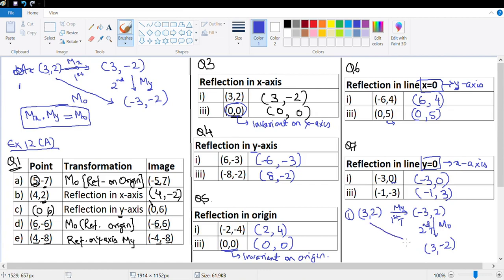Now in case I have to do a single transformation, this single transformation changing (3, 2) to (3, -2), which means the x sign is not changing, only the sign of y is changing. When does it happen? Yes, when I do Mx, which means reflection in the x-axis, which means My followed by Mo will give me Mx. What I seem to notice is that whichever two you do, the third one will be the remaining one, which means Mx dot My will give me Mo, My dot Mo will give me Mx,